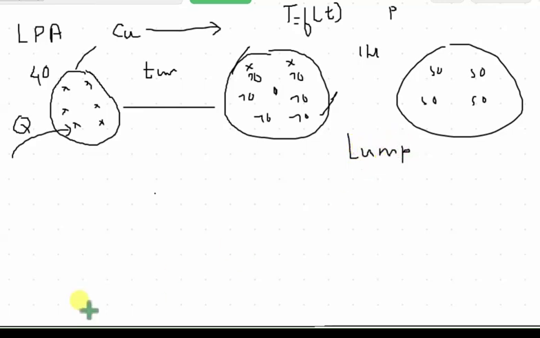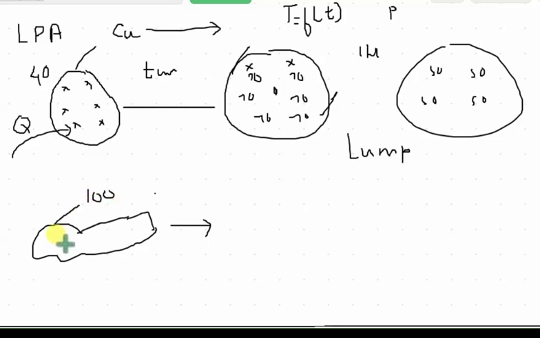So again I will take another example. For example, if you roast a chicken in an oven, if you place a chicken in an oven, and after some time I take it out, what will I find? That the upper part will have a temperature of 100 degrees, for example. If I move in this direction, the temperature here might be say 70 degrees, and if I move to the center, the temperature here might be 40 degrees.